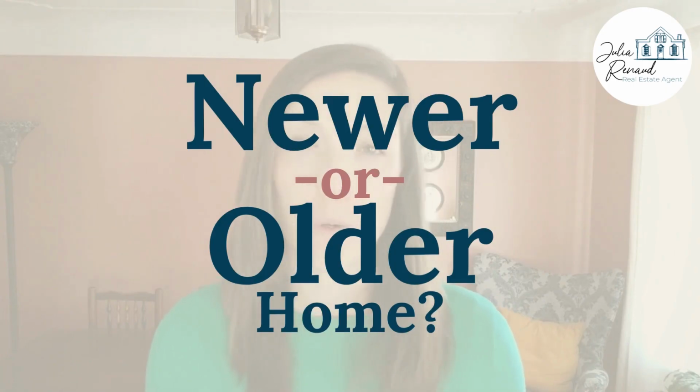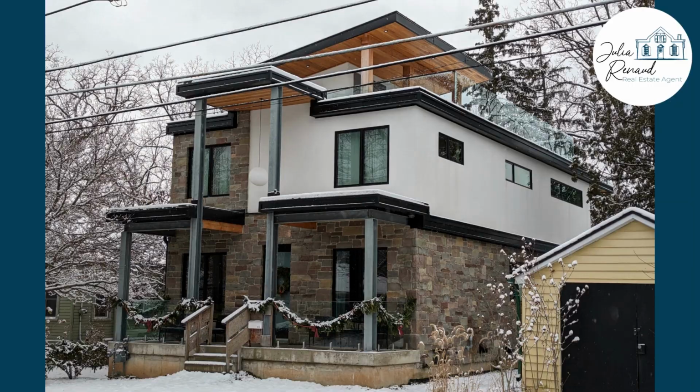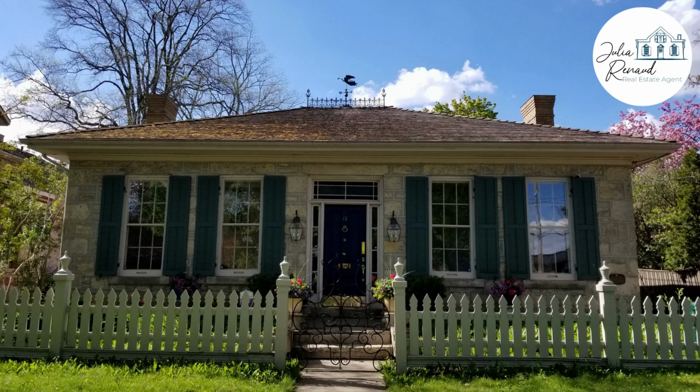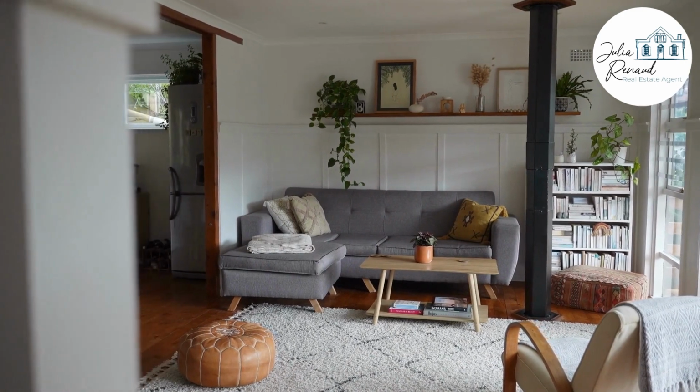Have you decided to buy a semi or fully detached house, but you're not sure whether to buy a newer or an older home? First impressions can be lasting, but they aren't always a good way to choose which home to buy. The aesthetics of newer homes and older homes are very different, and so is the way that they allocate space. While there are many key differences between newer and older homes, in this video, I'll take you through some of the most important ones,